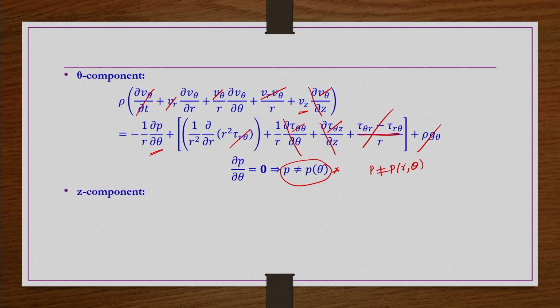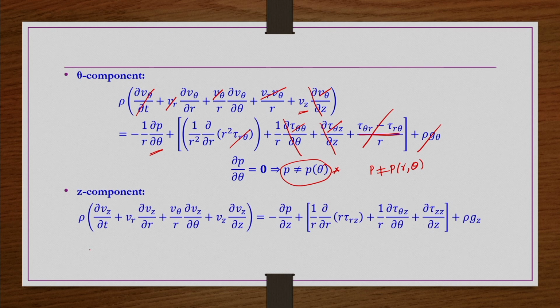Then the z component of the momentum equation, if you simplify, this is the equation. So, at steady state this term is 0, Vr is 0, V theta is 0, Vz is not 0, but dou by dou z of any flow variable is 0 because of the fully developed flow. So, on the left hand side all the terms are cancelled out. Dou p by dou z, we cannot say for the pressure. Whatever the fully developed flow condition is, that is for flow variables, not for scalars like temperature and pressure. So, we cannot cancel out this one. And then tau rz is existing because it has Vz, and Vz is a function of r, so we cannot cancel it out.